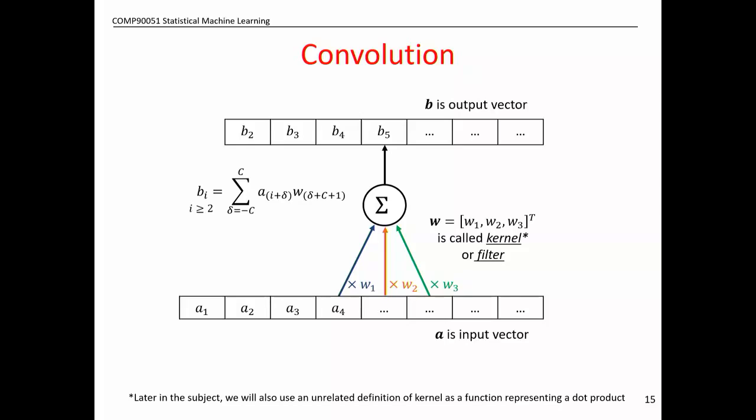So if I wanted to write this dot product and then slide, dot product and slide as one mathematical operation, where the input is a vector of the previous layer's values, so that's the A vector, and the input is also the W vector, the set of weights, and the output is now not a single scalar, but the vector of the whole next layer, B vector, bold, then I can write it like this. Okay, so I can write it as this dot product, but now the indexing in the dot product looks a little bit different, that's all. Right? So for each element, this is saying where am I in the window.